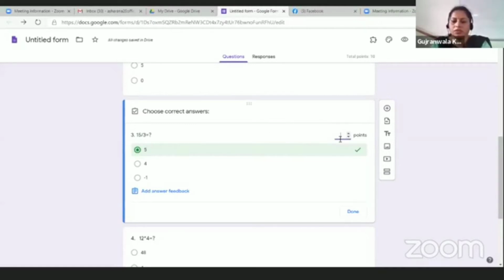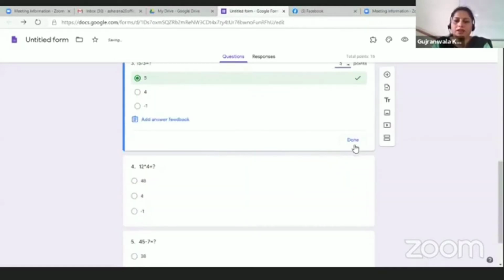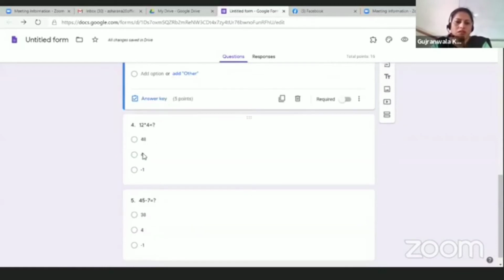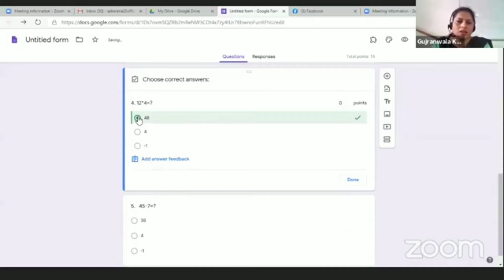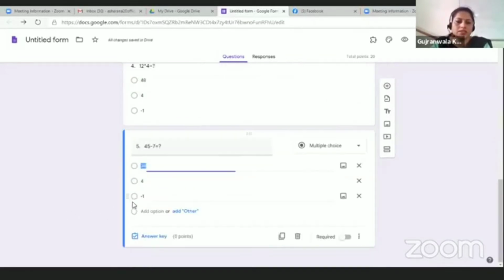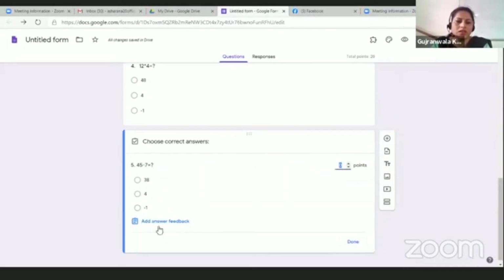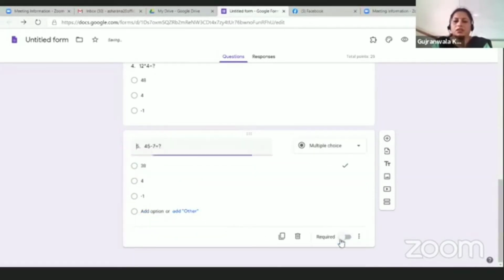Again 5 marks for this, and done. Here also, when I click on answer key, click the right answer and give the marks, and it's done. Next is answer key, 5 marks, and it's done.